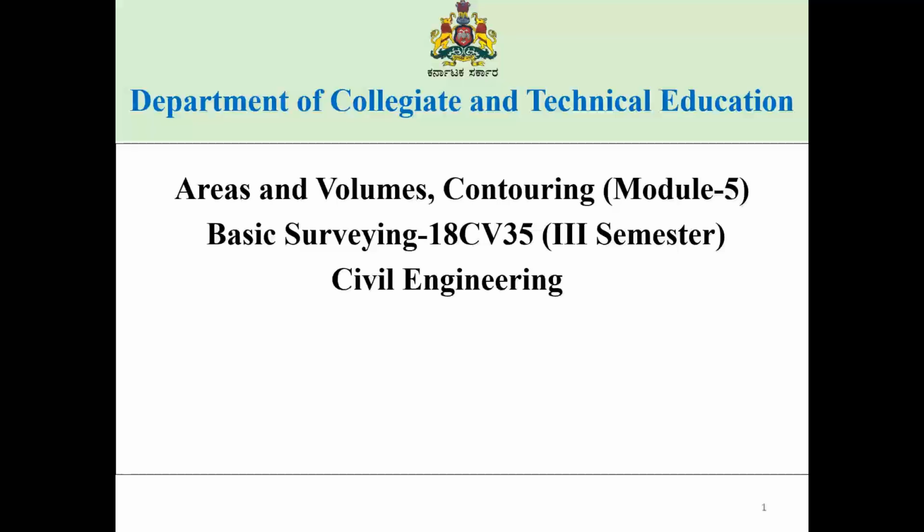In basic surveying, the fifth module is areas, volume and contouring. What is area? Area is defined as the area of a tract of land as projected upon a horizontal plane, and not the actual area of the surface of the land. The area of agricultural land is measured in hectares,